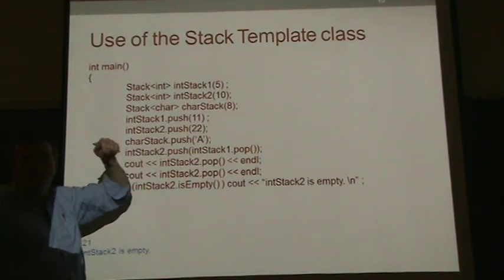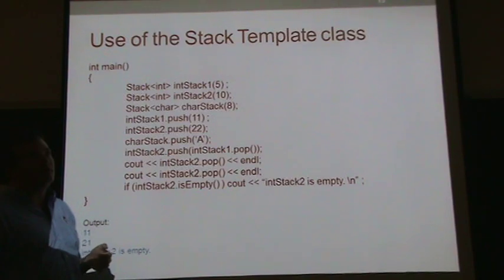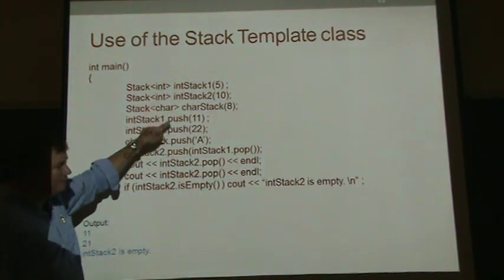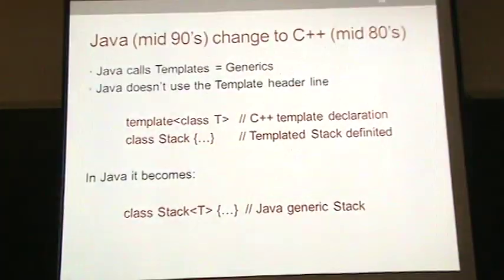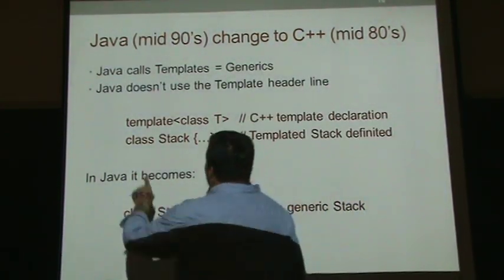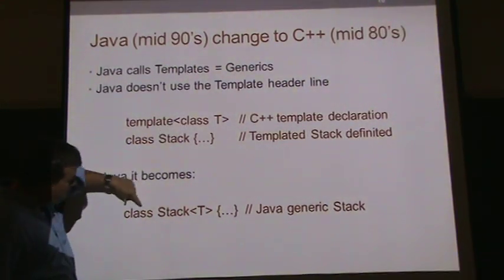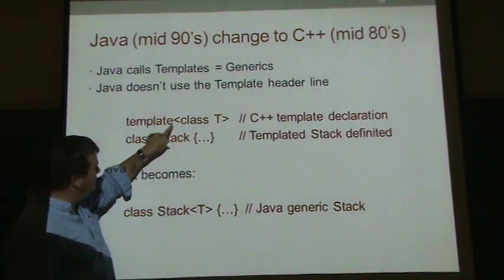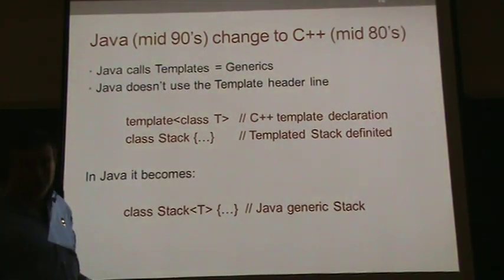Otherwise, the compiler wouldn't know what to fill in the T's with. And the way you make it required, when you declare it, is somehow on the heading. C++ puts it on the heading, that makes you require it. Java just basically took the whole phrase template class T and moved it right here. And either way, you're forced to